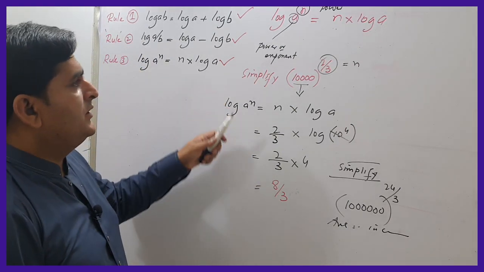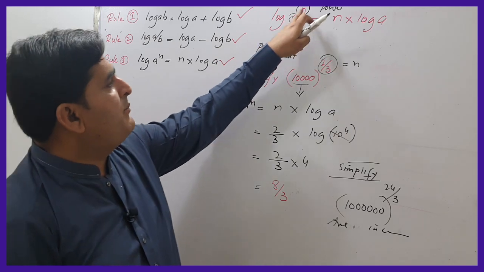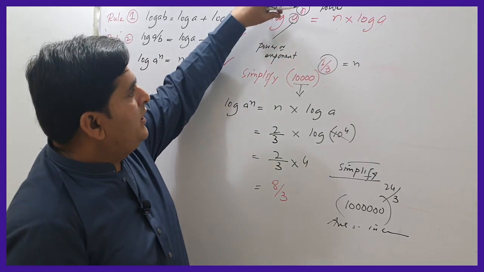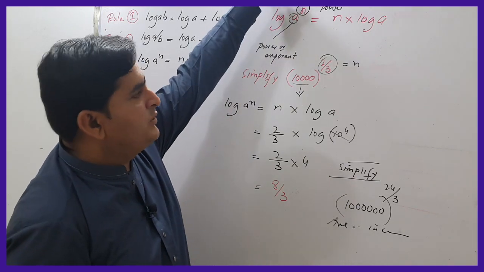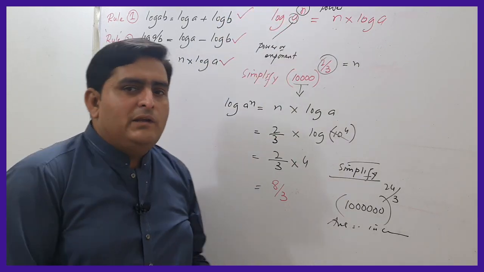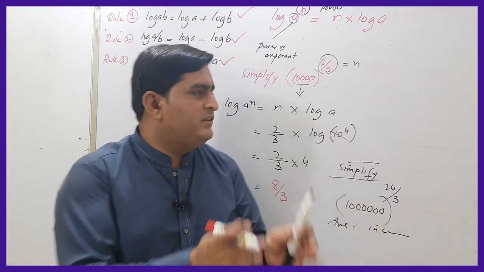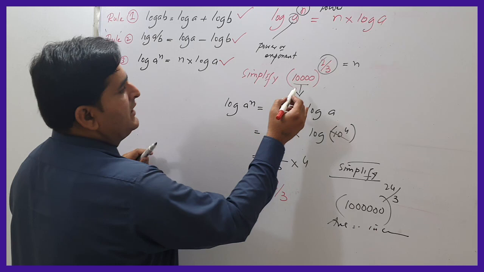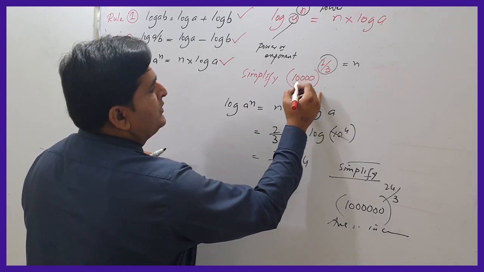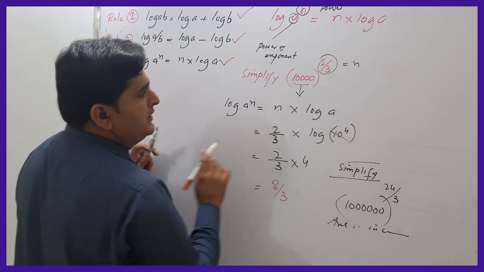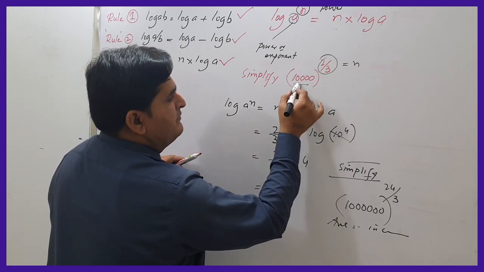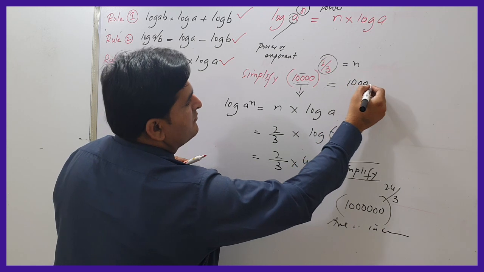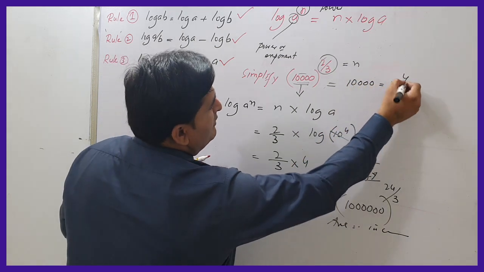So here again I am going to repeat that log a power n is equal to n into log a. Log itself is an exponent. So on the exponent there is a whole power, and in mathematics, whole power and exponent are multiplied with each other. We have taken this example, 10,000 whole power is 2 upon 3. So first we convert this number into a scientific number. We know that 10,000 is equal to 10 to power 4.